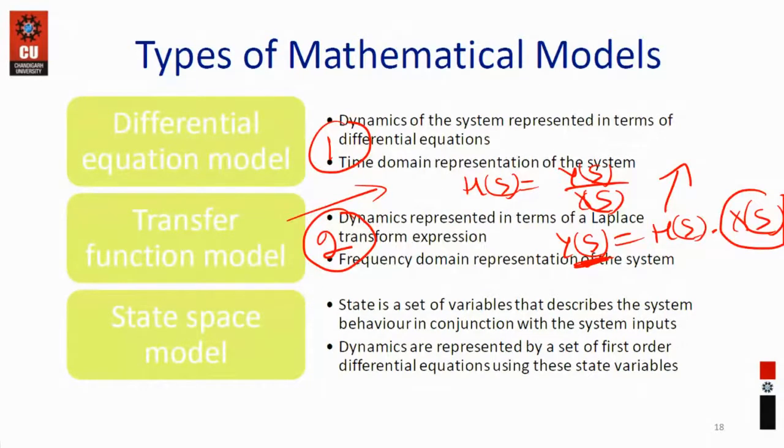Why so? If you are modeling a fan, the input is voltage, the output is torque. If you are taking a ratio of them, it should be of the same units. Output is mechanical, input is electrical. So they should be in the same form. That's why we always have to use the Laplace transform. So the knowledge of Laplace and inverse Laplace will act as a prerequisite here.